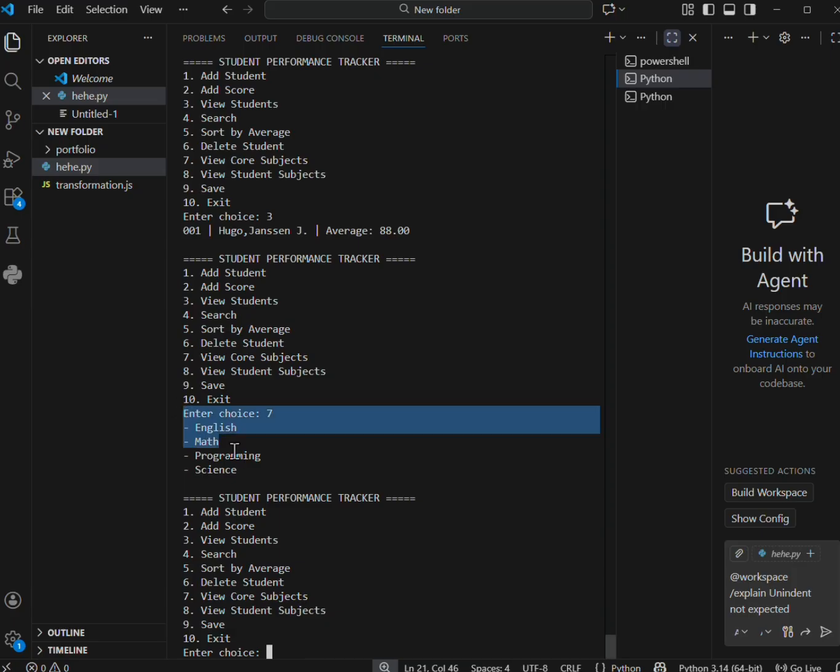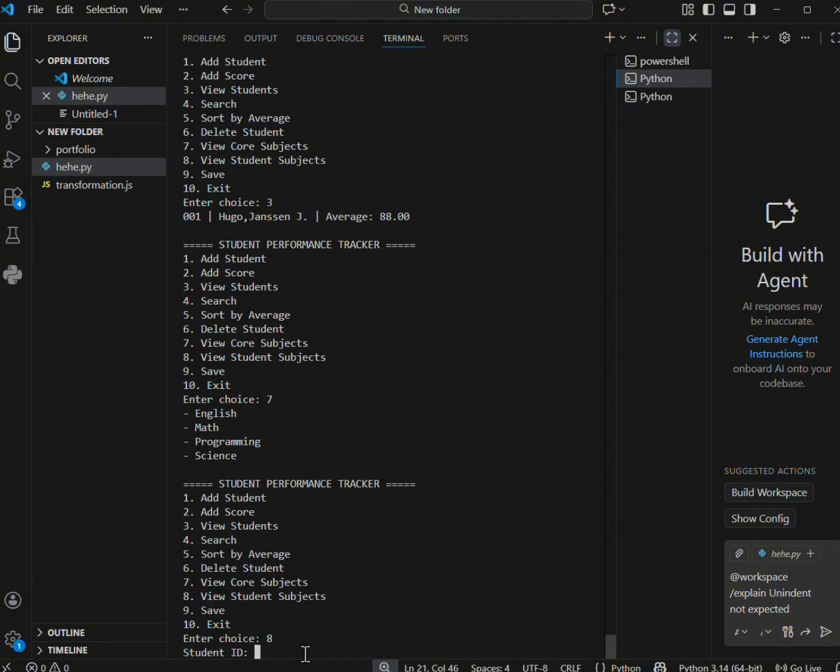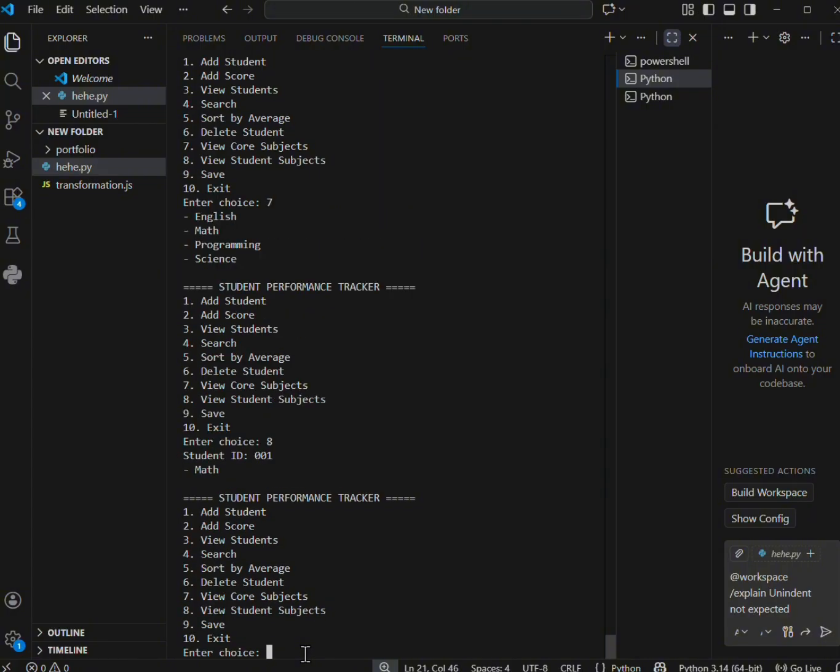Here are the 4 subjects. Now for 8, view student subjects, 001. Here are the subjects that 001 has.